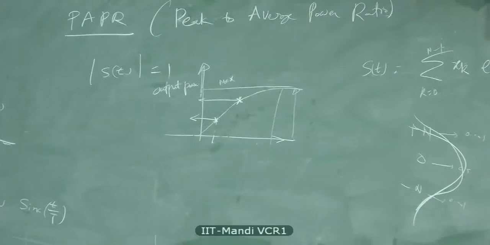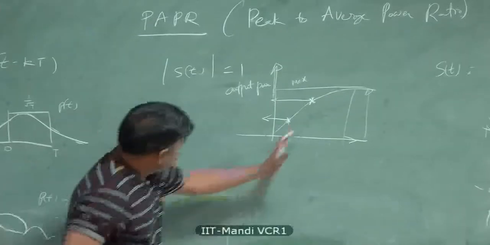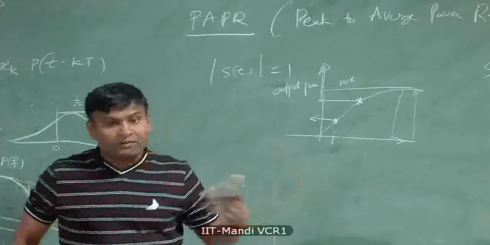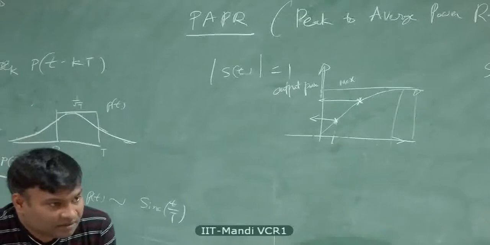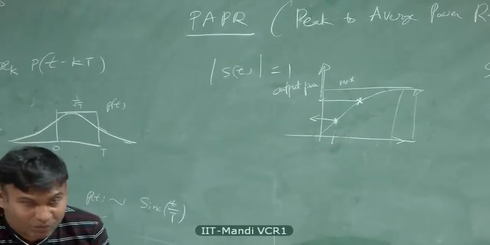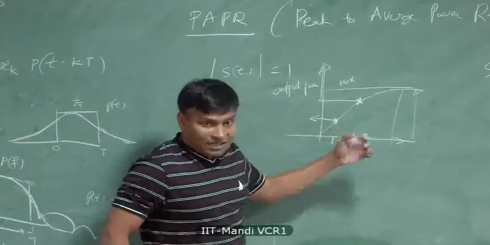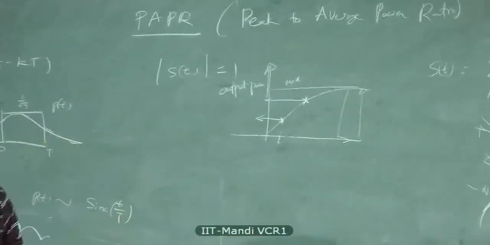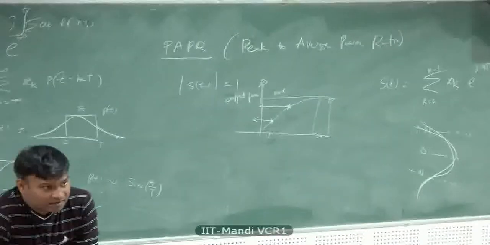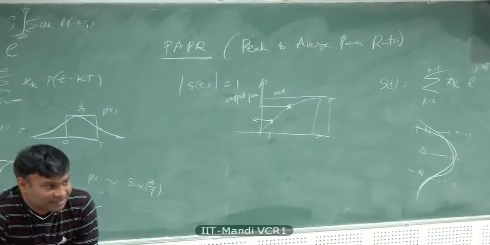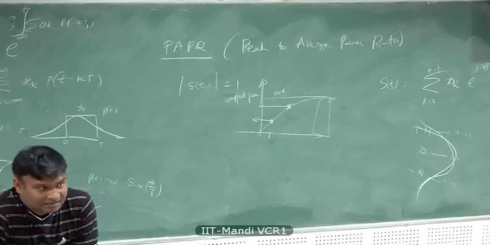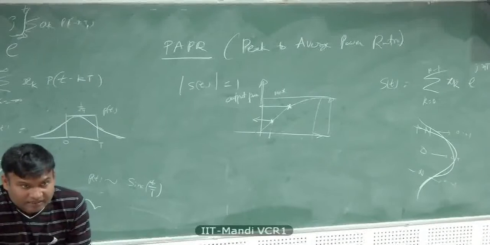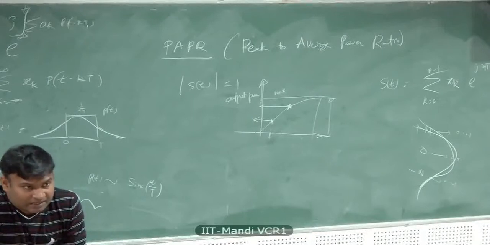So when you apply a back off, that means you are operating the PA here, then the output power will be reduced. So you have a large PA which can potentially deliver a lot of power, but because of modulation you have to back it off. So the output power goes down, so the coverage of the base station will reduce. Instead of 10 watts, you transmit 1 watt. So the choice of the modulation has a large effect on the link budget.